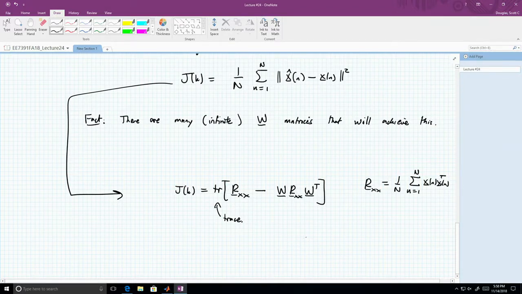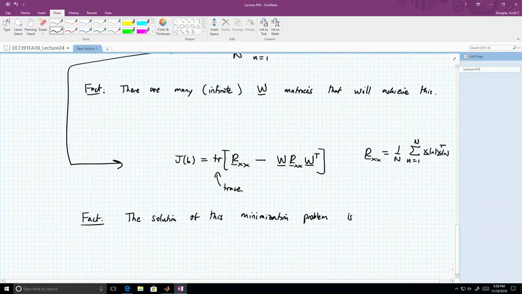And by getting to this point, we can then figure out the following fact, which is that the solution of this minimization problem is the following. W opt is equal to